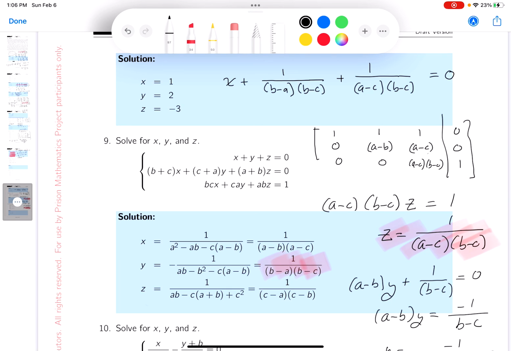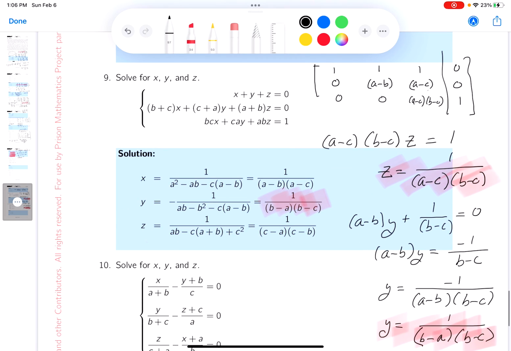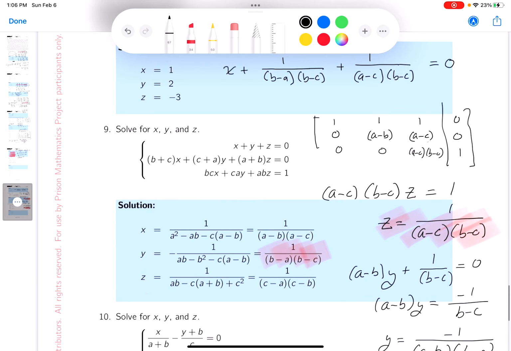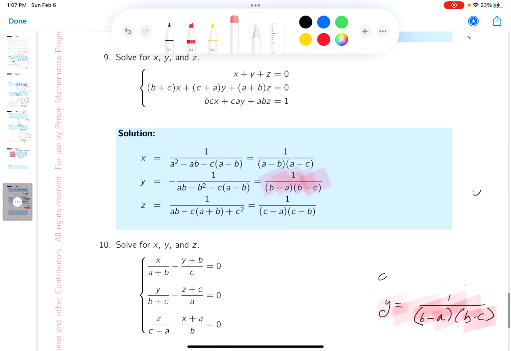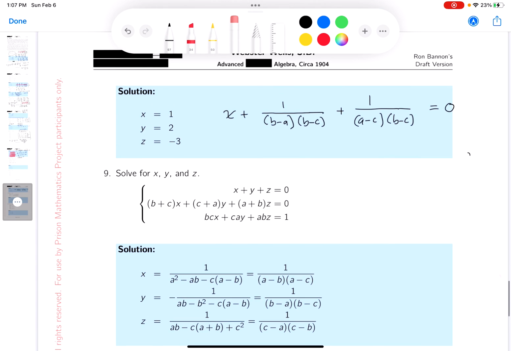And let me see if I copied that right. A minus c, b minus c, and then b minus a, b minus c. Yeah, I did okay. I could do some work over here. And again, I'm looking at their answer, my answer. They just don't look right. I'm going to erase this here. I need some room. And we're really going towards the last part, and we want to see if we can get it. All right, so I'm going to write this down. X,